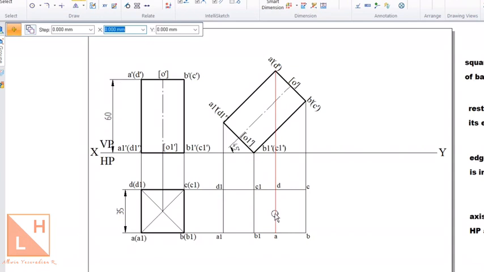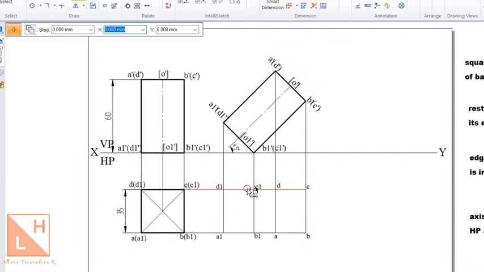So before I step into that, I hope all of you have watched the previous video. If not, kindly watch that and come back, because you need to know what a prism and a pyramid, whether it is a square, hexagon, or whichever prism, is made up of. So in a square prism, it is made up of base and a top face. Base is named as A1, B1, C1, D1, and top is named as ABCD. So totally it has 8 corner points. So now we have projected all the 8 corner points.